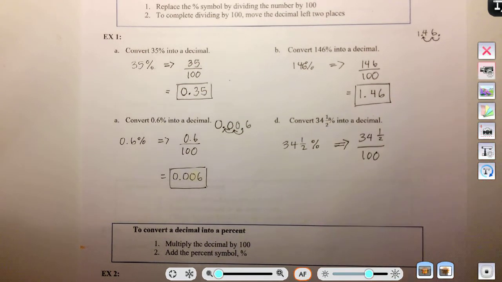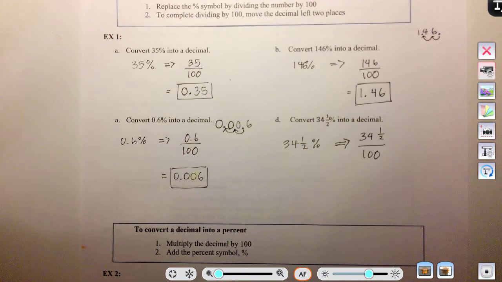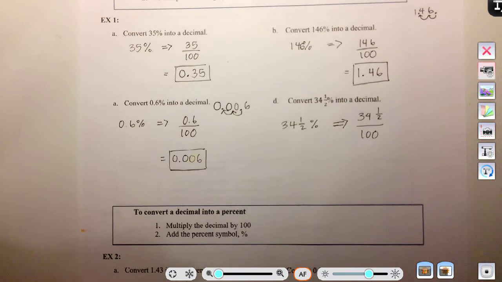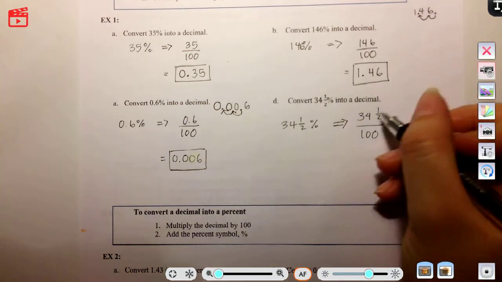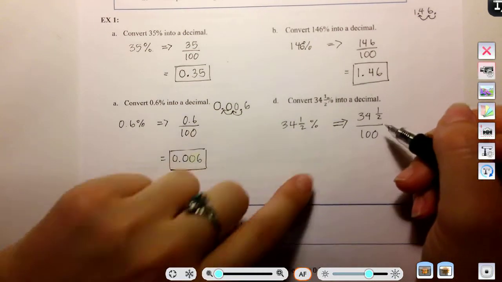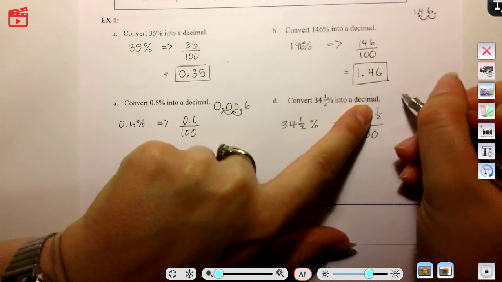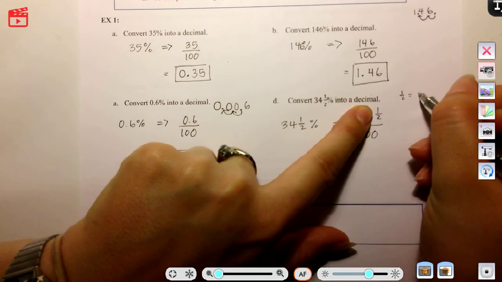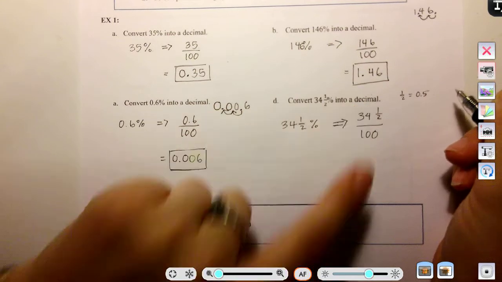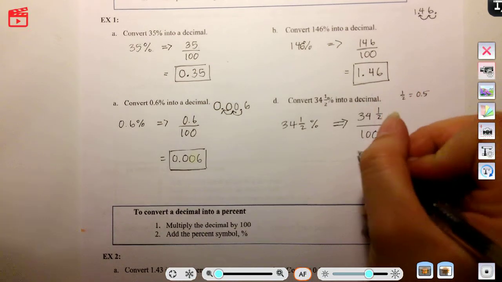But when I do that, I just all of a sudden have a complex fraction, and I don't like that. So I'm going to change it into a decimal, which remember we know how to do. You keep the whole number part, and then you change the fraction. So the fraction, what is a half as a decimal? Well, a half, remember, is 0.5. So this is going to be 34.5